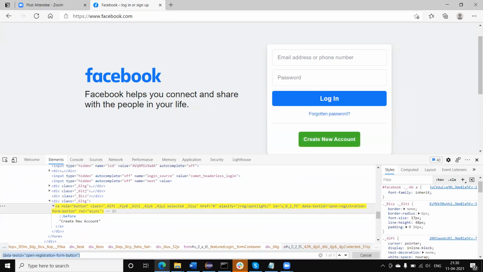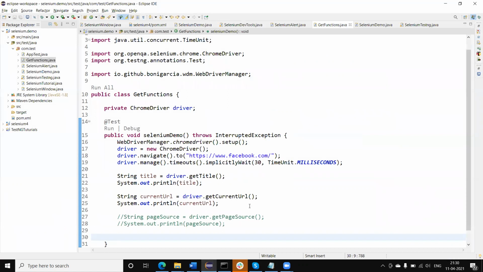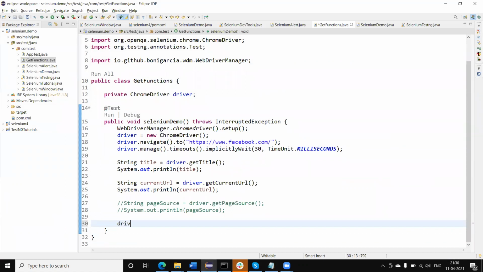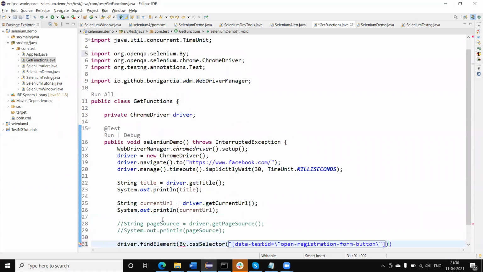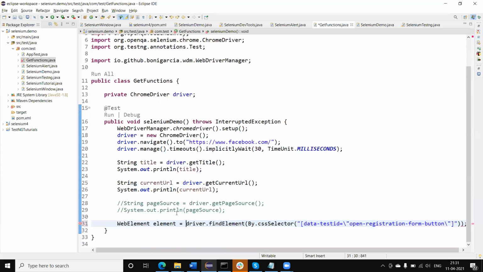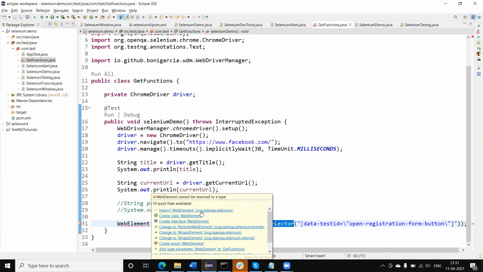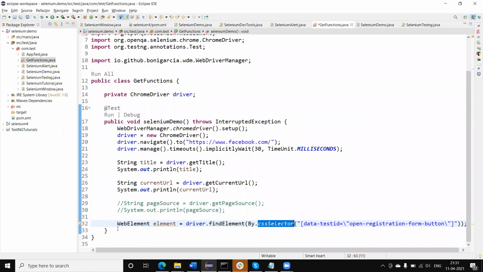This is the CSS value. Find element by dot CSS, and this will return the CSS value. So I'm using here By dot CSS selector. This will return the web element object of the element.